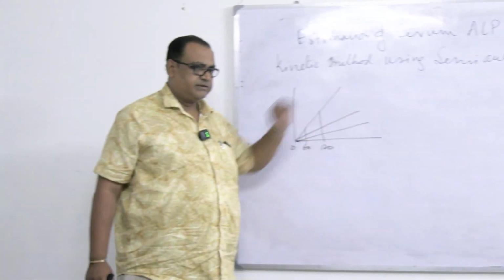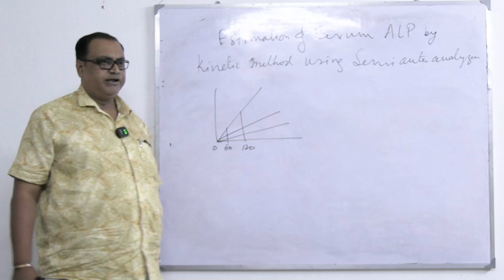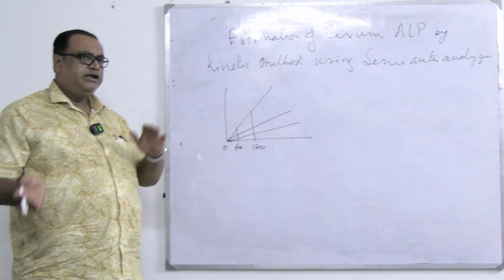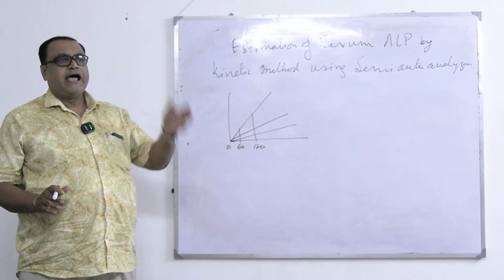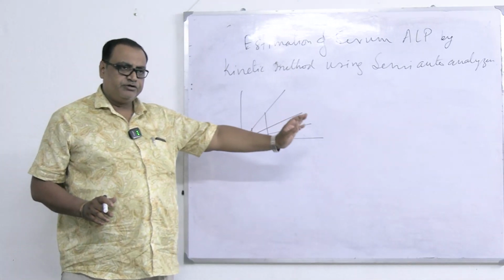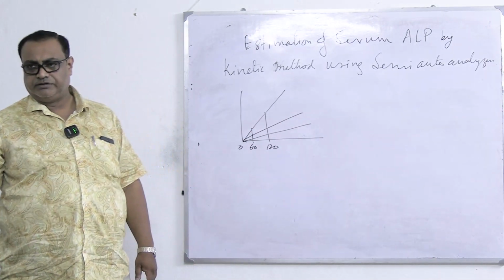So, to nullify the effect of that, we wait so that all the enzymes are occupied by the substrate. Then we start measuring the rate of increase in absorbance. That time is called delay period, where it adjusts the already pre-existing substances which are not associated with the alkaline phosphatase we are going to measure, but have the same effect on the product. So that's all for alkaline phosphatase. Just read the clinical correlation of the alkaline phosphatase and write the preparation procedure like this and bring it. Next week we will do the